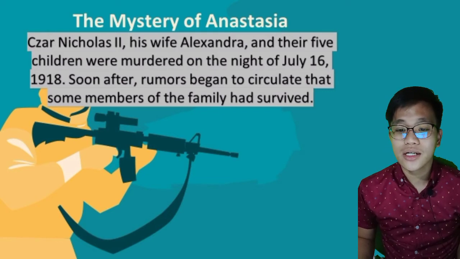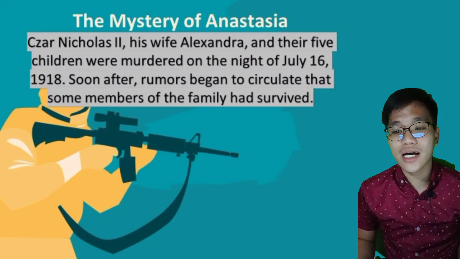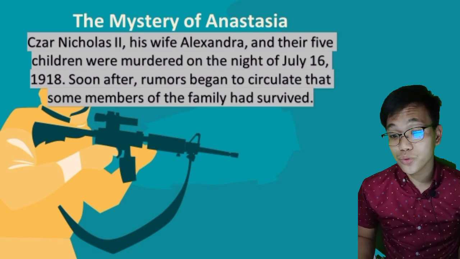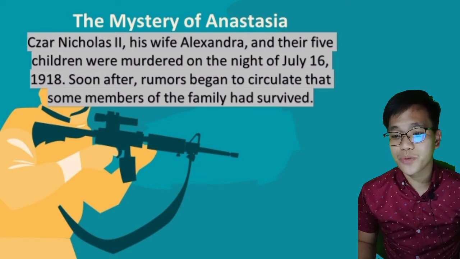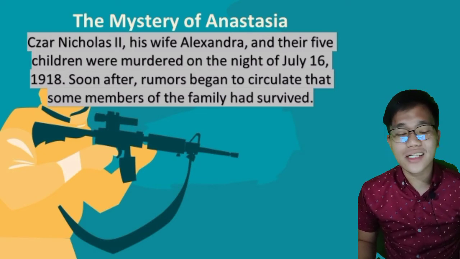Later, the woman claiming to be Anastasia came to the United States. While in New York, she registered at a Long Island hotel as Anna Anderson and soon became known by that name. In 1932, she returned to Germany. During the next 30 years, she pursued a claim in Germany's court for part of the estate left to the